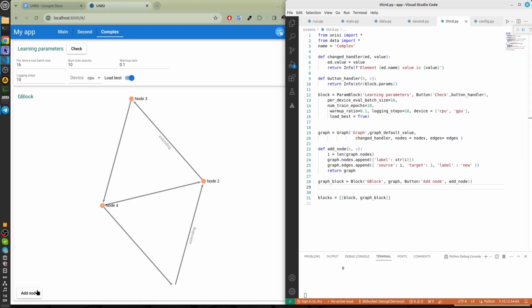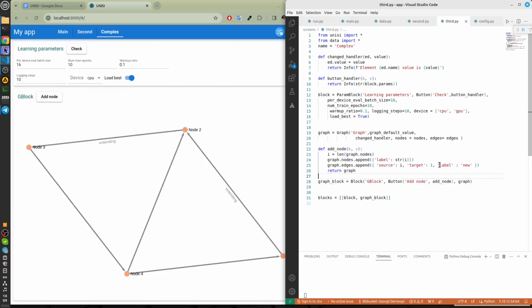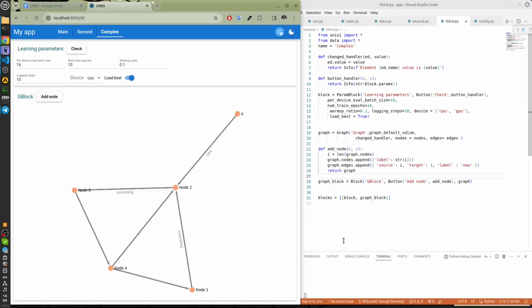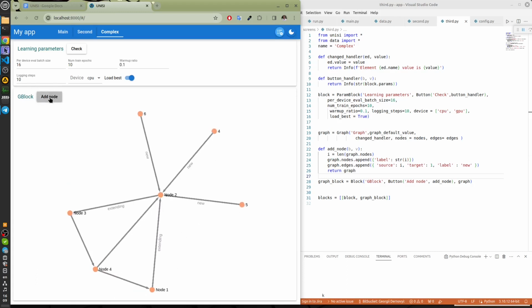Move it to the block top. We have a button. It has to add a node with an edge and return a new graph configuration. It works. Adds as expected.